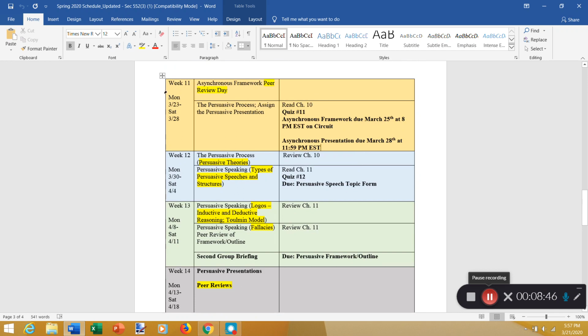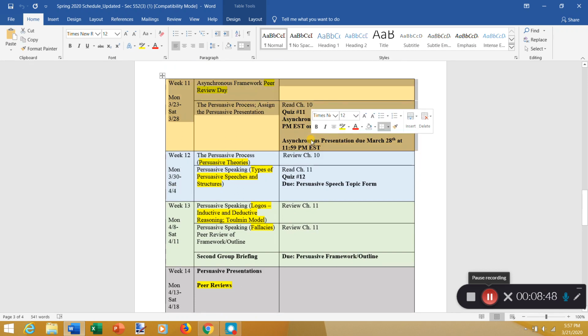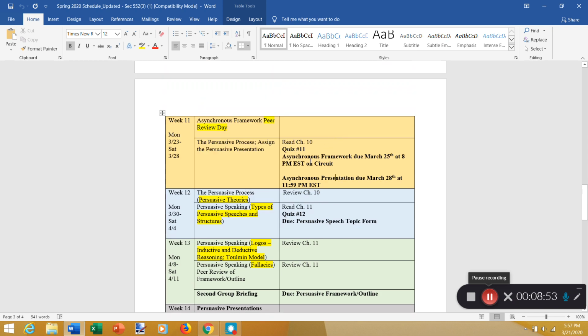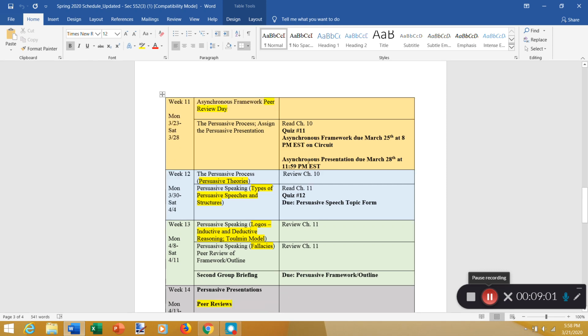So this week, if you've already done your presentation, you're really ahead of the game and you're going to be in great shape for this. Even if you haven't, it's okay. There really isn't going to be a ton to do. It might feel like a lot because it's the first week, but you have basically done, at this point, all the things you need to know for most of the rest of the semester.